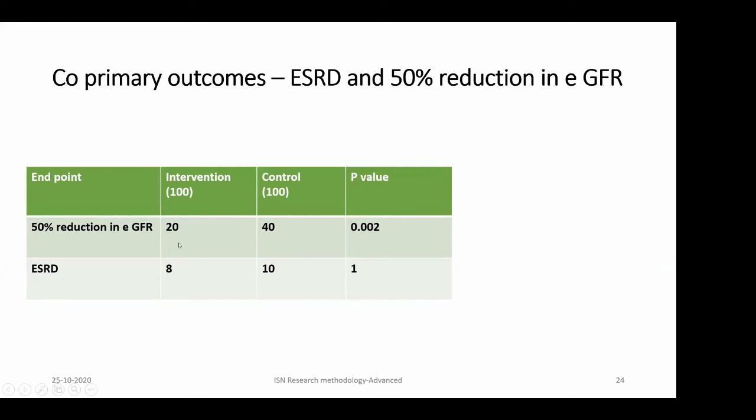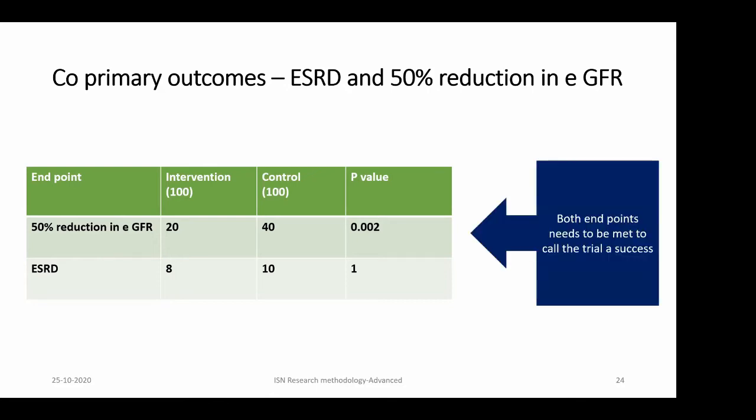In the intervention arm, 20% only attained this, whereas in the control arm, it was double. Whereas the rates of ESRD are similar in two arms at the end of the trial. Now, again, if we had selected these two as co-primary endpoints, this trial is not going to be considered as a success. But to me, 50% reduction in GFR in the intervention arm is something great, even if the ESRD rates are similar. So this is the problem when you select two totally related things as co-primary endpoints. If you select co-primary endpoints, it should be something different, yet critically important in the natural history of the disease.